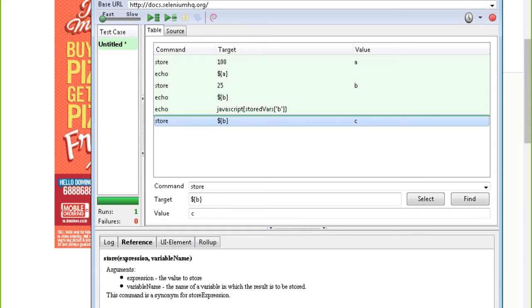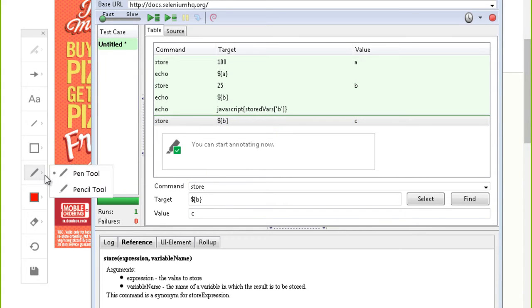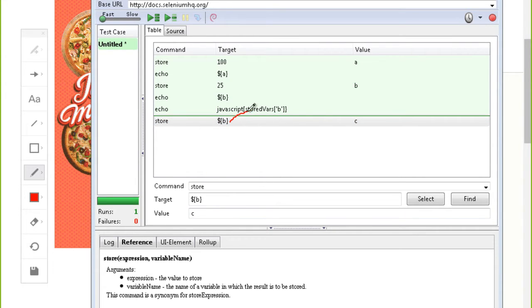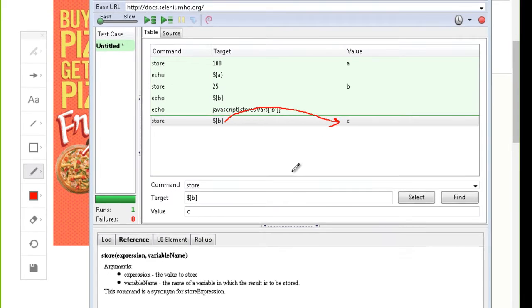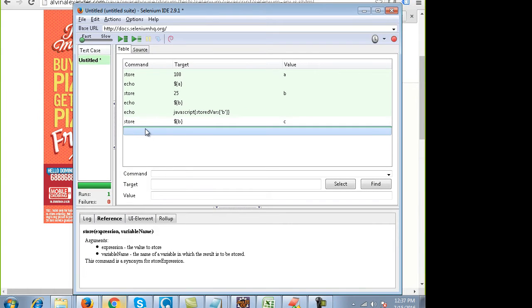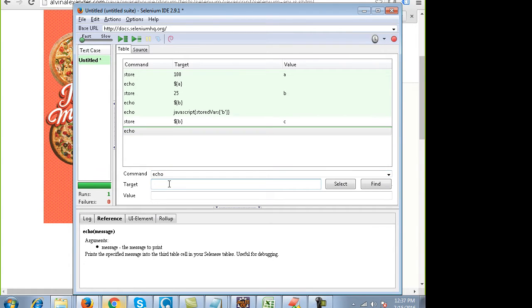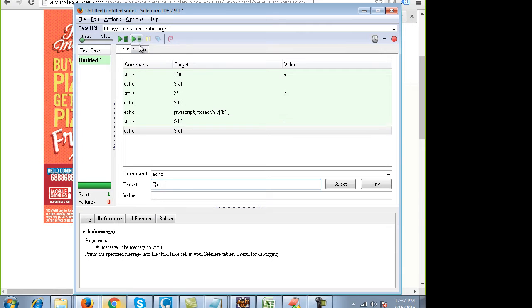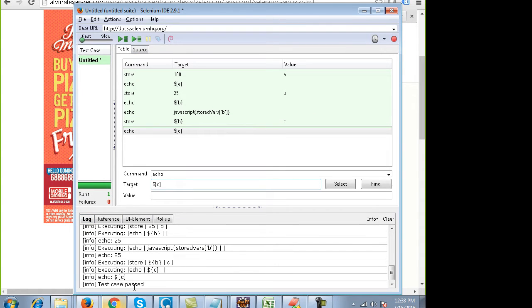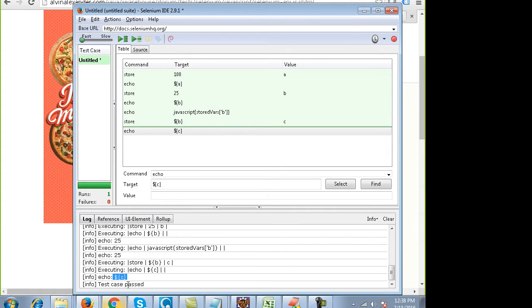Right. So what does this mean? That was some error. It's okay. This means that the value of B will be stored inside the variable C. So on the next line, if I write over here echo $C and I run this program, you will see that it prints